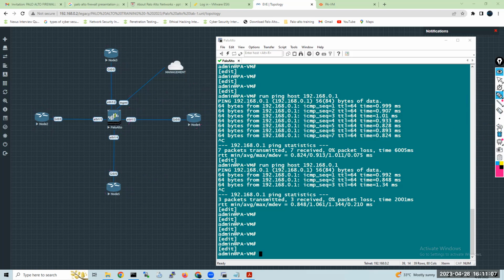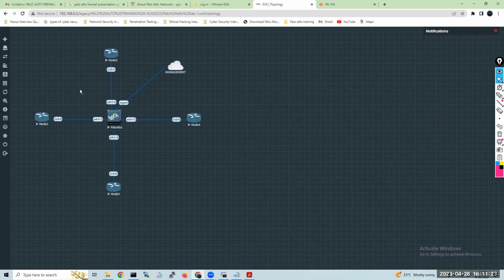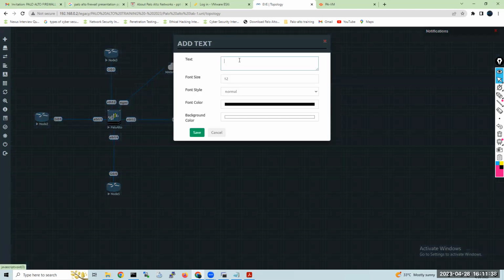Okay, so what I'm going to do now? Right now, I have not given any IP address for these interfaces. See, Ethernet 1/1, 1/2, 1/3, 1/4. I have not given any IP address for all these interfaces. So the first thing I want to do is assign the IP addresses for these interfaces. Let me assign, and how can I label the IP address, guys? Any idea? I think last week I told you, right? Day before yesterday.